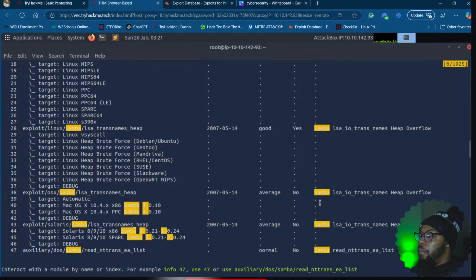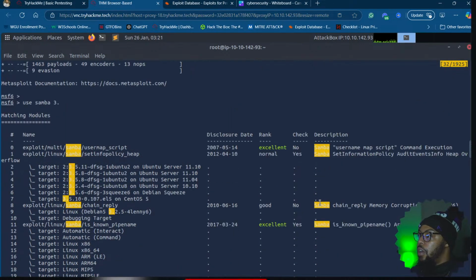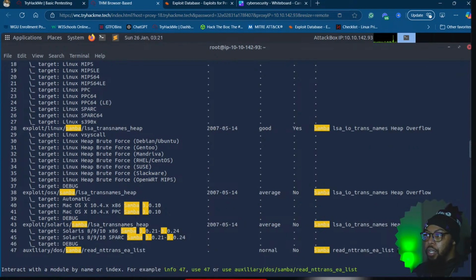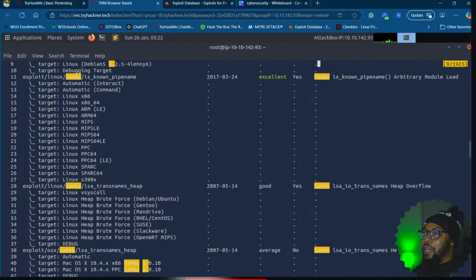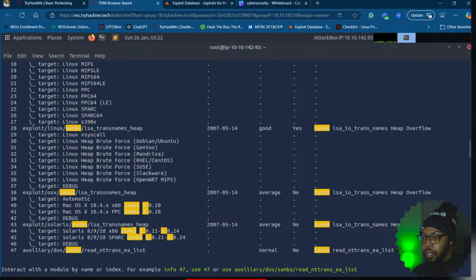Hmm. I'm gonna use one of those excellents. I just don't know which one. Let's start off and use the newer one, just because it's newer. So what you'll type in is use. Dang, I forgot already the name of it. So let me go back up. That's another reason why I like to repeat so I can remember. So it's 11. See how it's number 11. So use 11, and then